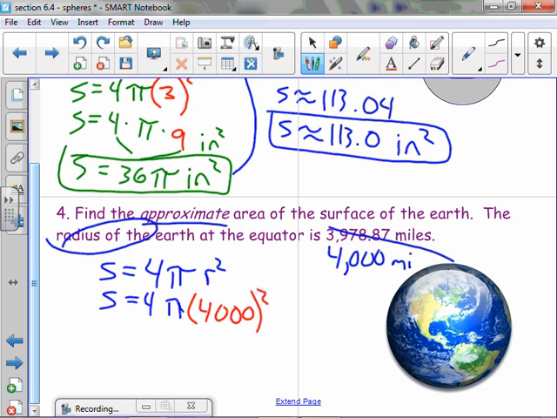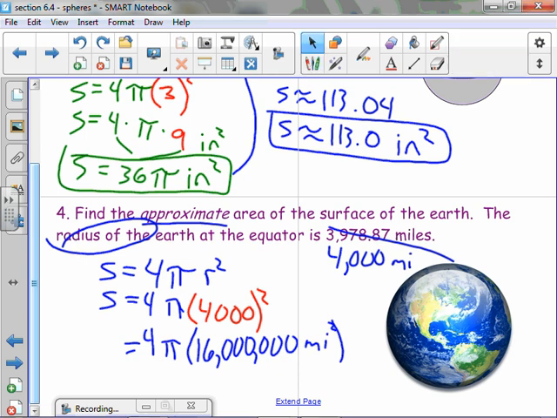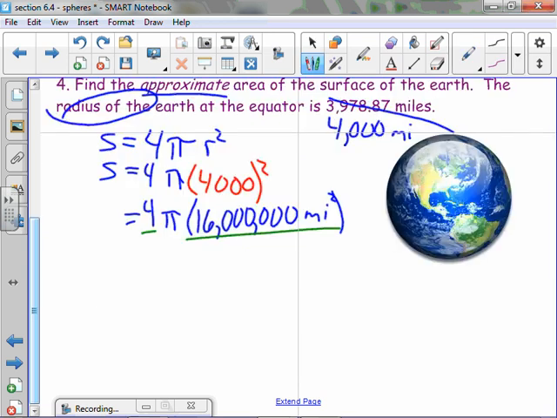Well, 4,000 times 4,000 is 16 with 6 zeros after it. So I get 16,000,000. That is 16 million square miles, which, if you don't have any way of understanding what that means, it's big. So I get 4 times pi times that big whole number. So what I'm going to do is multiply my like terms first. I'm going to multiply those two guys. 4 times 16 million is going to be 64 million